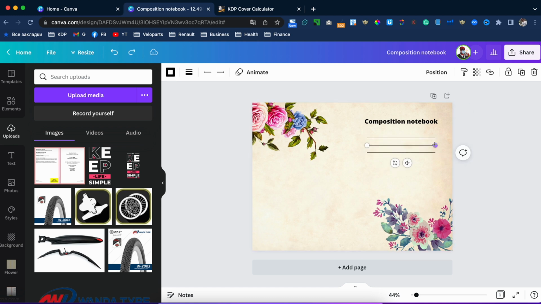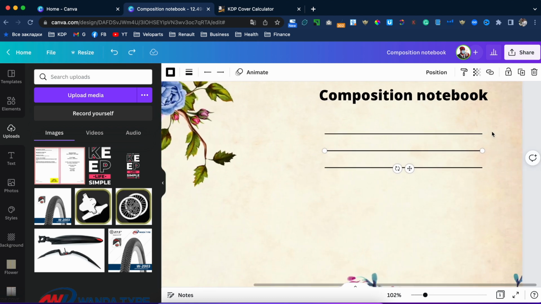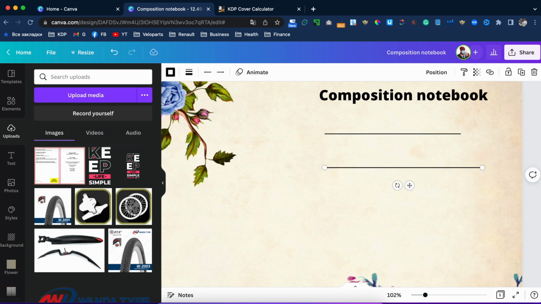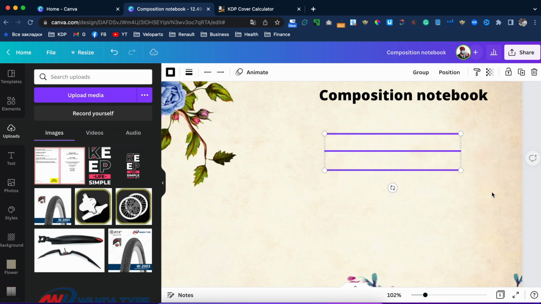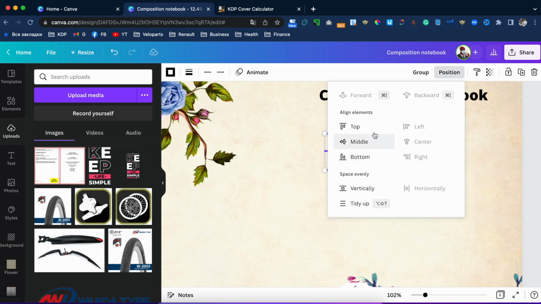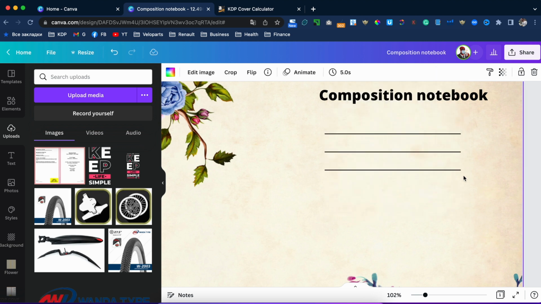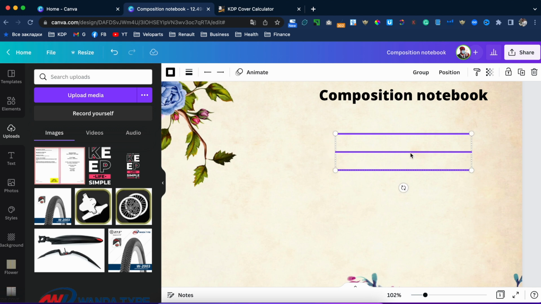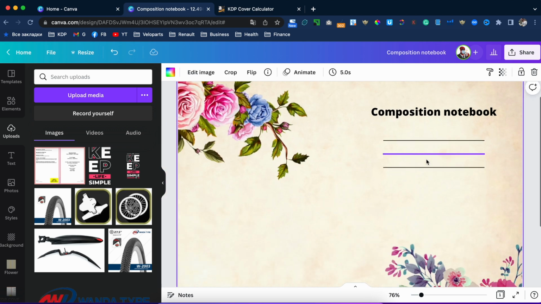No. Let's go there. Delete. Command C, Command V. Do the same. Position left, tidy up, and align to the center. Yep. Okay.